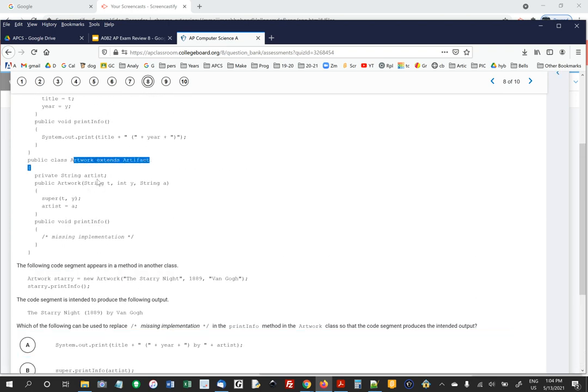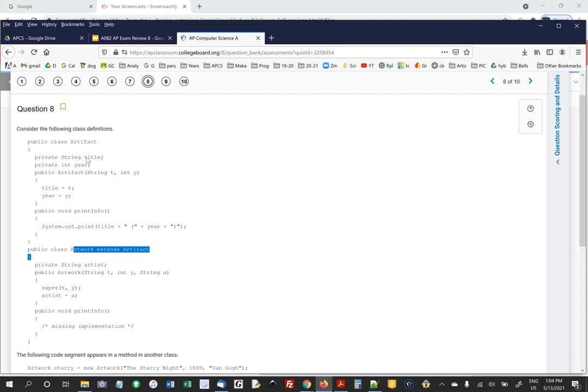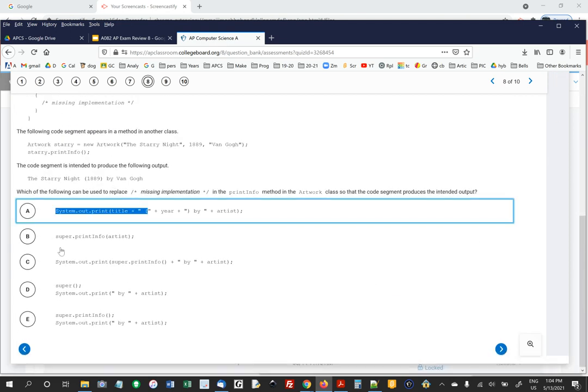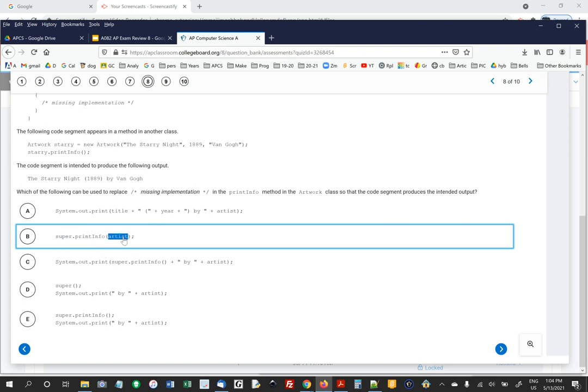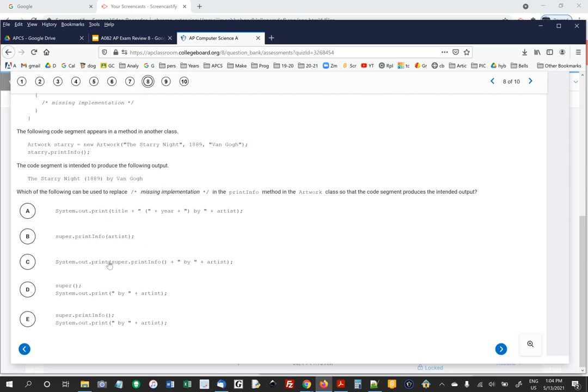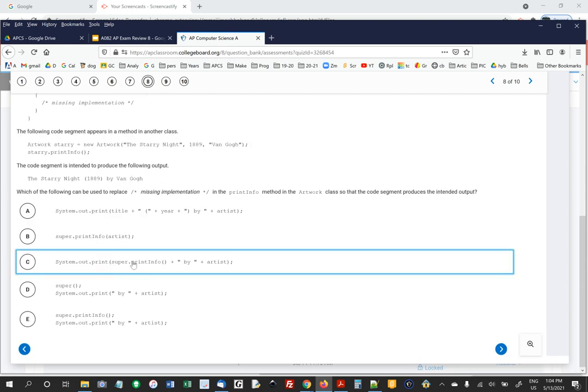In artwork, you don't have access to title and year because they're private variables up in artifact. So anyway, that's why that doesn't work. This doesn't work because you don't call a method with an argument if there's no argument in the method. This doesn't work because you can't print